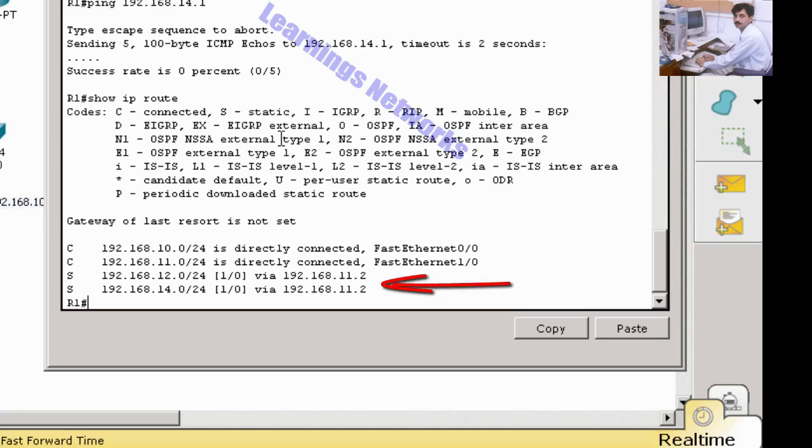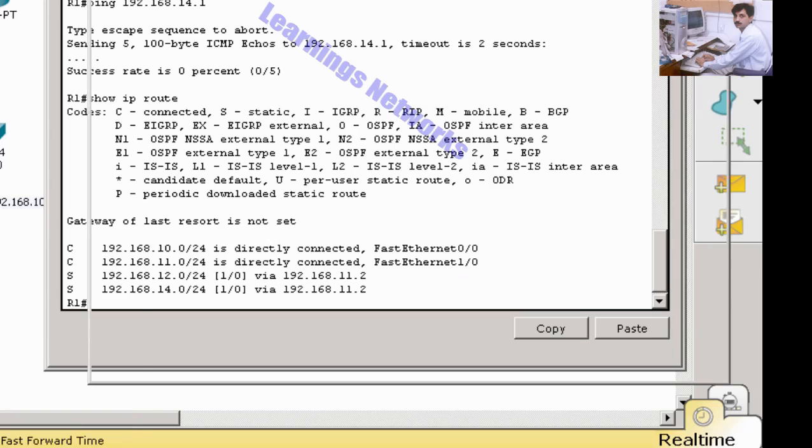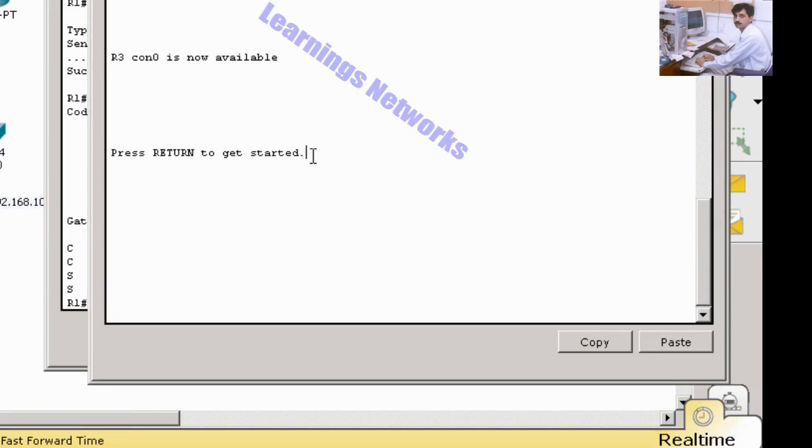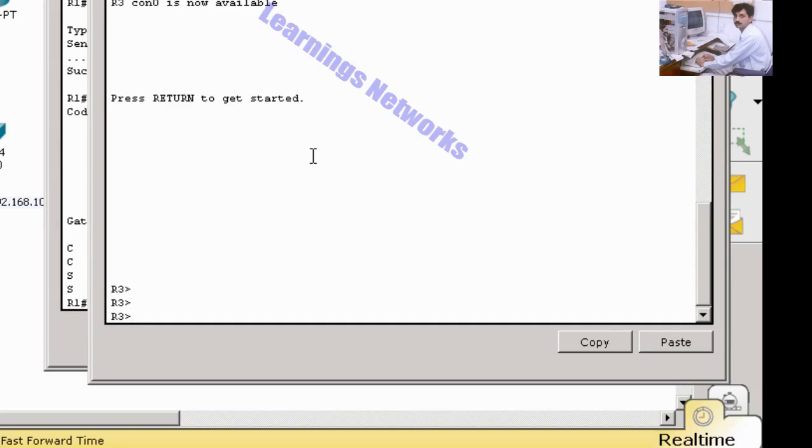Now we check R3, whether the 10.0 network is in its routing table or not.